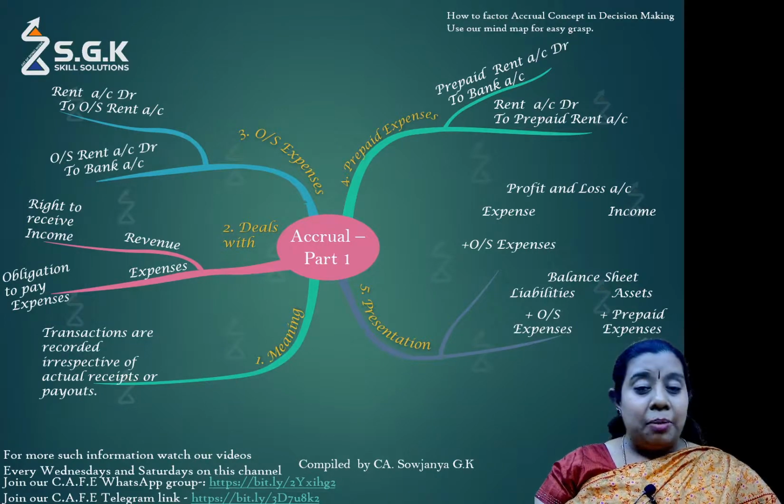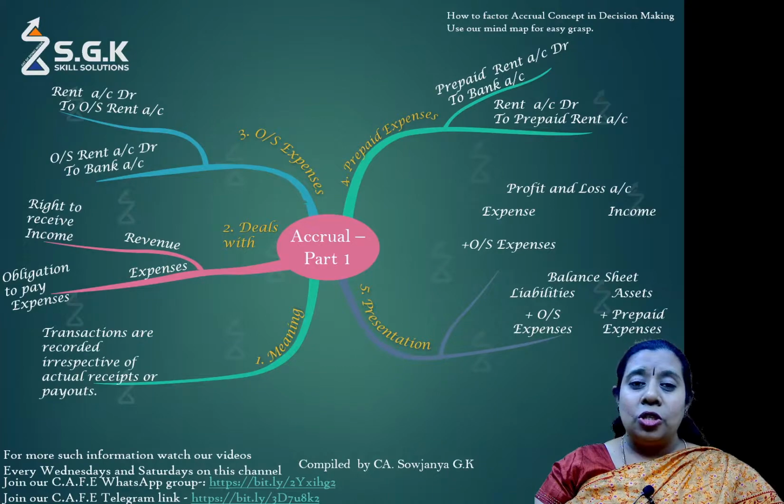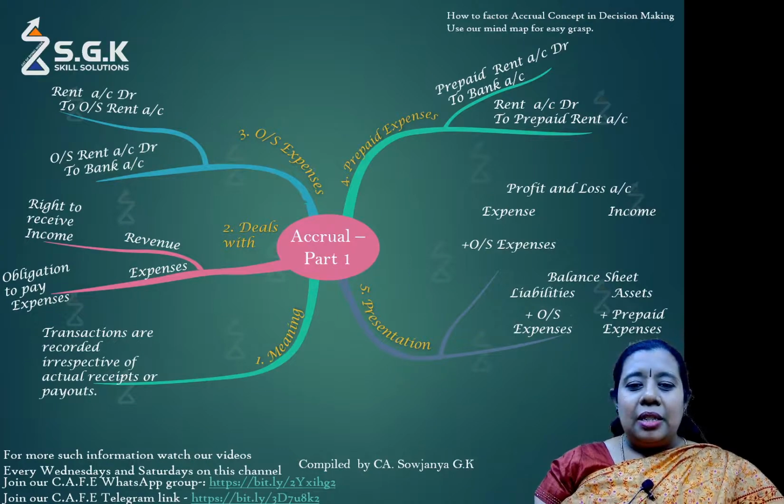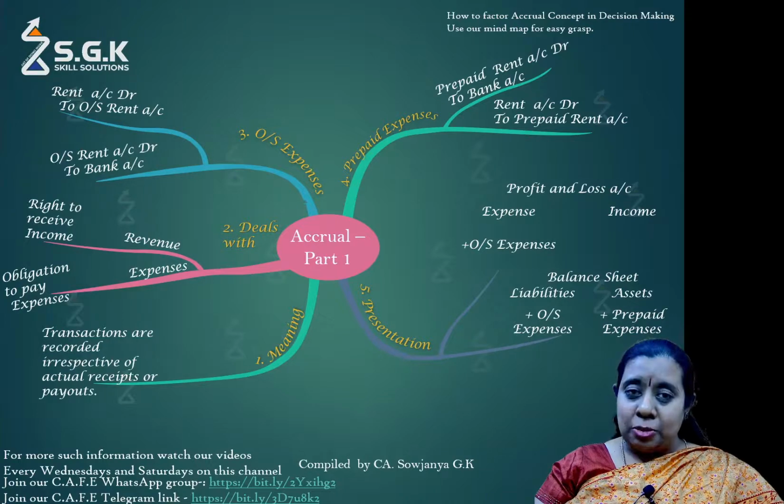Coming to the balance sheet, outstanding expenses are liabilities, obligations of the firm. This needs to be accounted, presented, shown under the liabilities. Coming to the prepaid expenses, the obligation is already discharged by cash payout by the entity, but the entity is supposed to consume the services for which they have paid. So it's an asset for the entity. This particular snapshot of the accrual concept, especially relating to expenses, I hope it is useful to you.